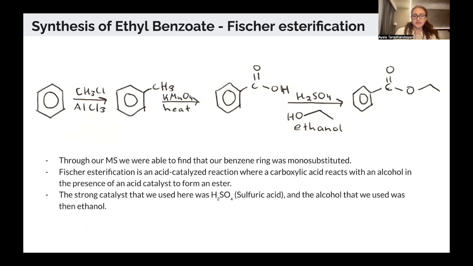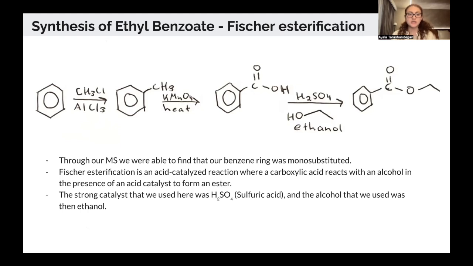So first, through our mass spec, we were able to find out that the benzene ring was monosubstituted. So with that, we used Friedel-Crafts alkylation. We did CH3Cl and AlCl3 to form our benzene ring and a methyl group attached to it, also known as toluene. We then use potassium permanganate and heat to form a carboxylic acid attached to the benzene ring, also known